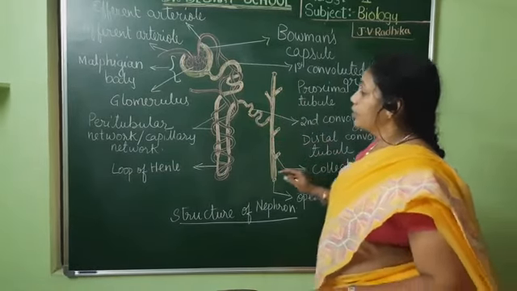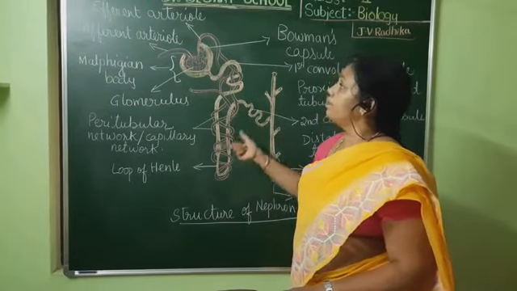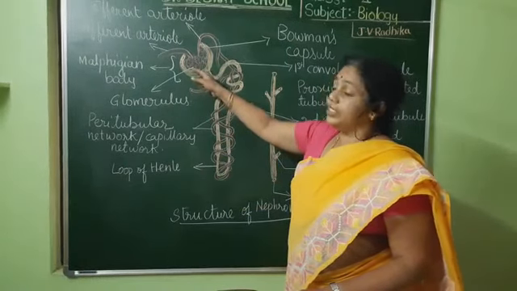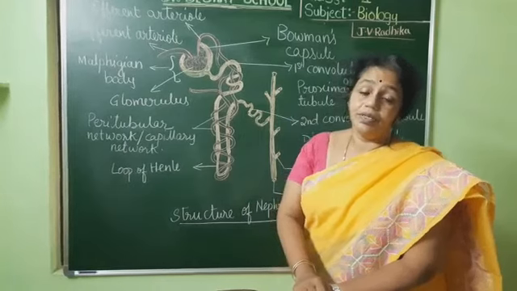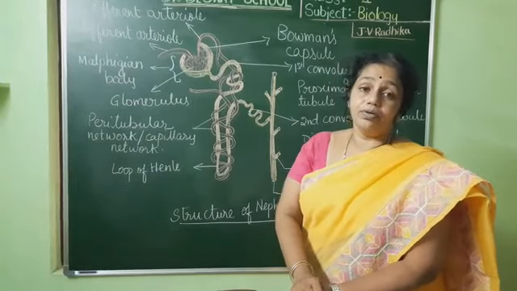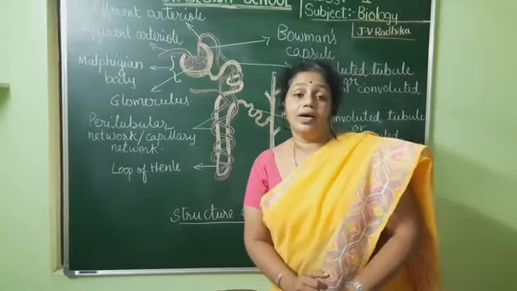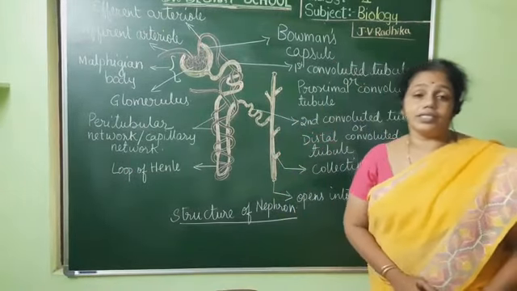And then you have got this peritubular network. So this is the complete structure of the nephron, and it contains many simple squamous epithelial cells, called the podocytes. In the next video, we shall be studying the function of the nephron, how the urine formation would be occurring. Please complete the diagram in the notebook and send the images to me.